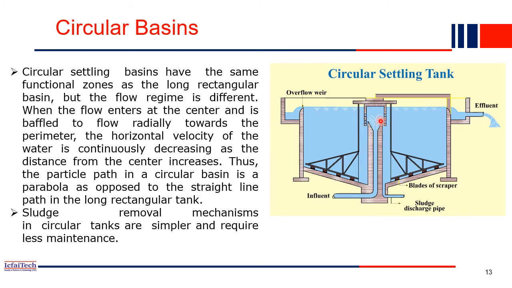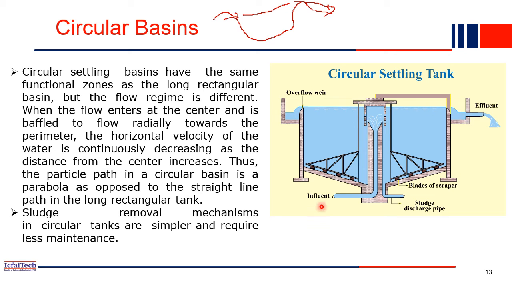So now this is the figure for the circular basin. In the last slide you have seen the rectangular basin. Let me draw it quickly. So this is the rectangular one, where water comes here and slowly passes here, and this is the outlet where water is going. But for the circular basin, or circular type of sedimentation tank, the system is a little different. Here we have the inflow, like that the pipe will be there. Water from this pipe will come here, and this is the wall. Through this wall water will go here, and ultimately this is the actual circular tank. So water will stay in this tank for some time, and ultimately the good quality water will be drained out in this chamber.